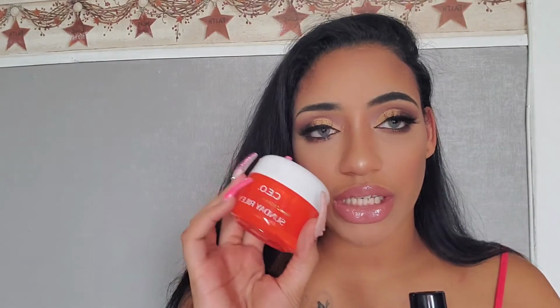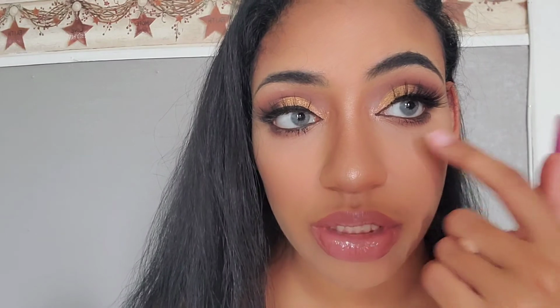If I had to say some of my favorite products out of everything I tried, I would definitely say the CEO Sunday Riley Hydration Cream. Super good. I still feel like you can see that nice glowy dewiness that I gave to the skin through the foundation. And I also love the Too Faced Born This Way multi-use concealer. It is super full coverage, blends out like a dream, and it looks super natural. As you can see, there's barely any creasing, and it looks super flawless,